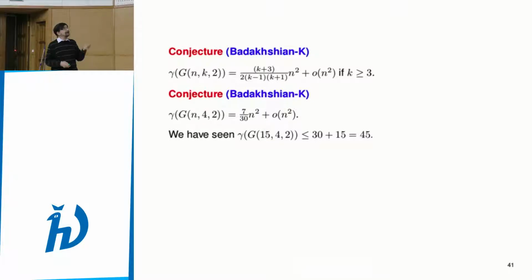And so what we have seen is that when we have 15 points for 2, the dominating number is this. Why? Because we have 3 times 5 over. So in one class, 5 points and 10 edges, and 3 such classes, 30, and we had 3 4-element subsets, cyclic shift. That's 3 times 5, 15, so 45. So when we are going to infinity, it doesn't seem to be very useful, but